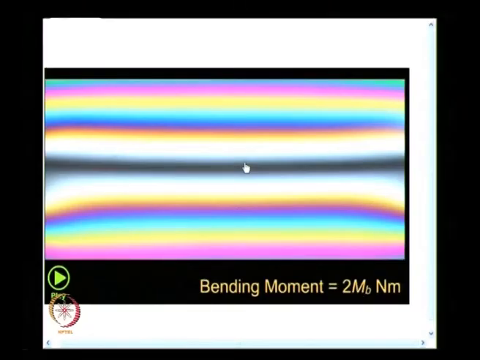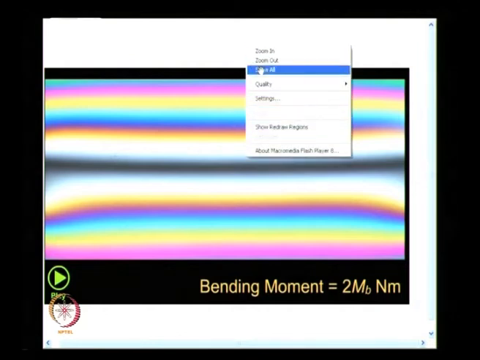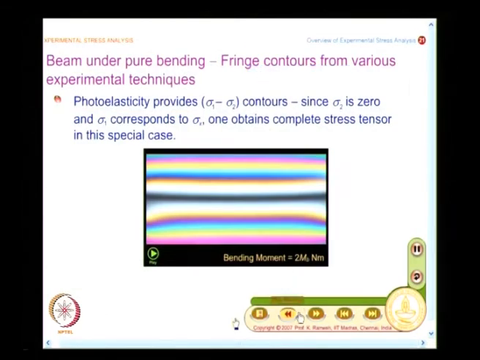So, you will not have perfect symmetry, there will be a small deviation, and you should not come back and say the experiment I have done is wrong. It is not so. In your analytical evaluation of stresses, if you also bring in the effect of Poisson ratio, then the stress patterns will be like this. So, experiment always gives you truth, and you should never forget it. Okay. Now, we will again go back to the slide,